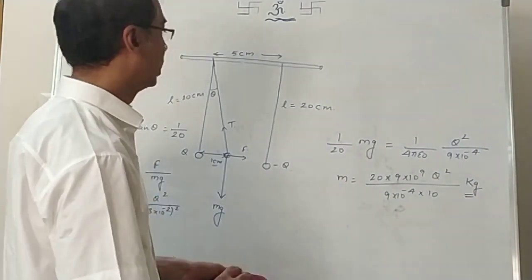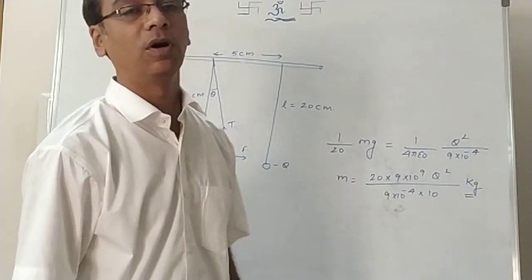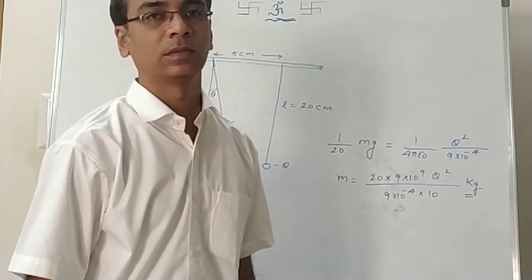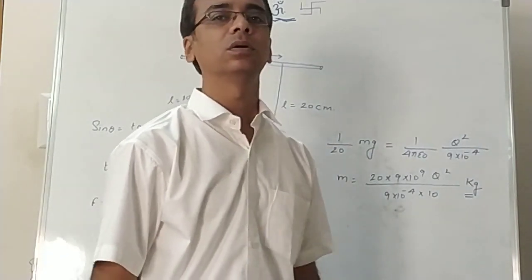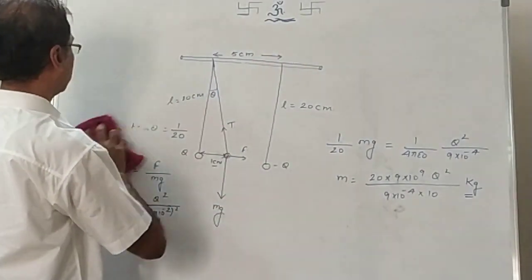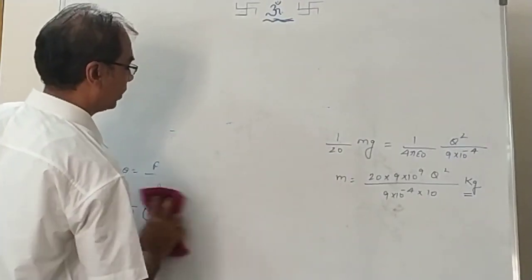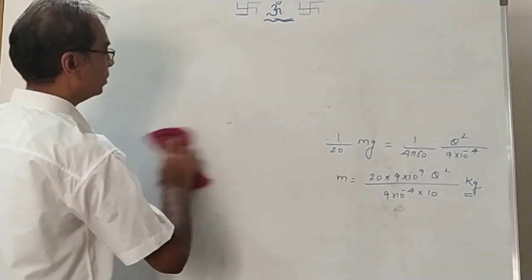Okay, now let us go on to something new. Vector form of Coulombian force. We were only calculating right now the magnitude of the forces, but now we are going to see its vector form. So what is the vector form of Coulomb's law or Coulombian force? That we are going to see now. Let's check.